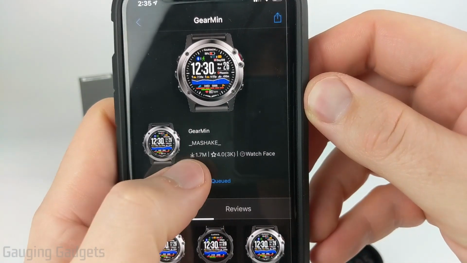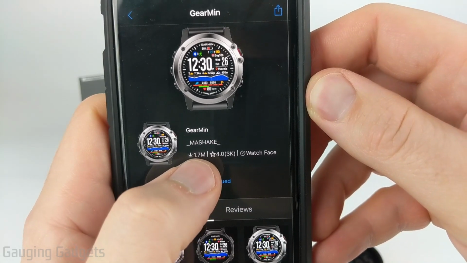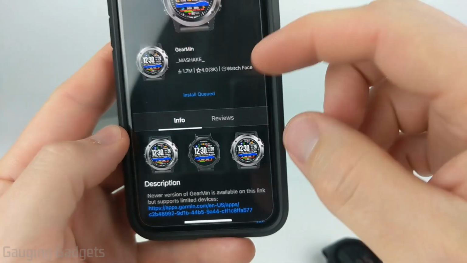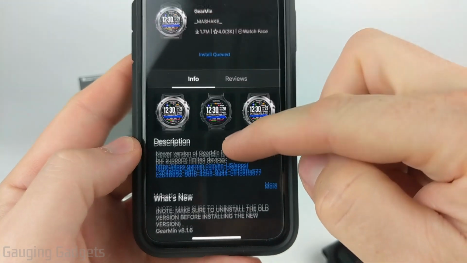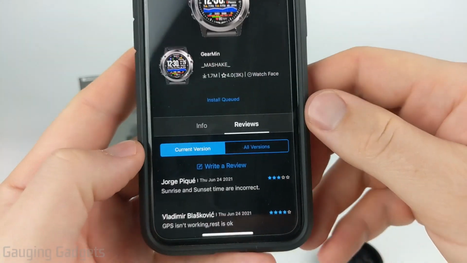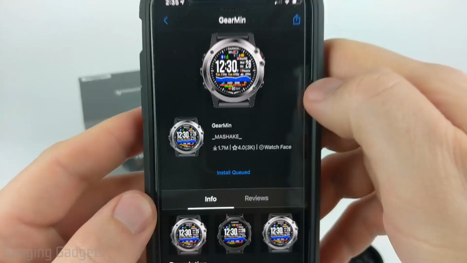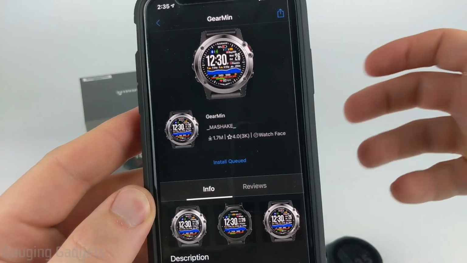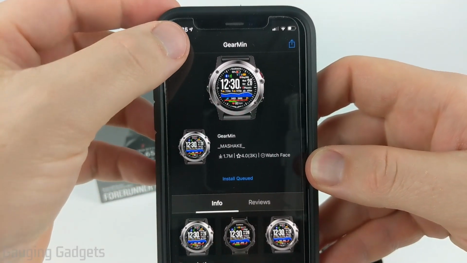So they do have stats about the watch face. You can see how many times it's been downloaded and then the rating. If you scroll down, you can see information about it. And you can also see reviews that people have written. You can see if it's a good watch face. When you see install queued, that means that it is attempting to install it to your watch. So simply hit the back button